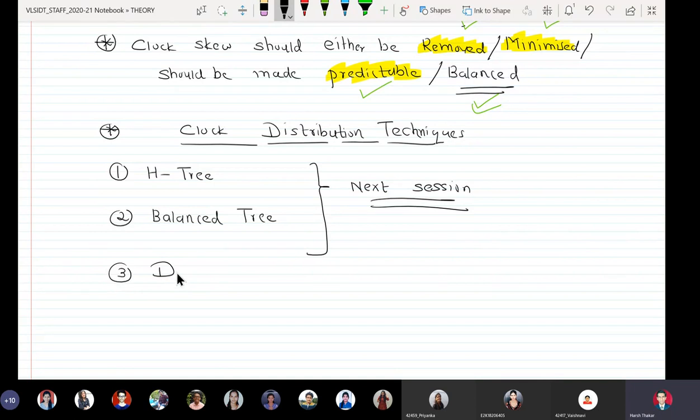The third is called the driver chain, and fourth is